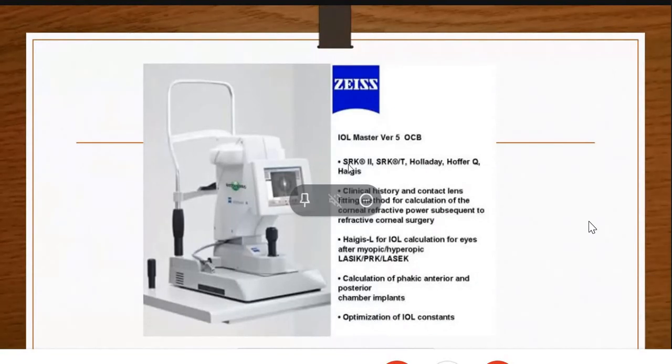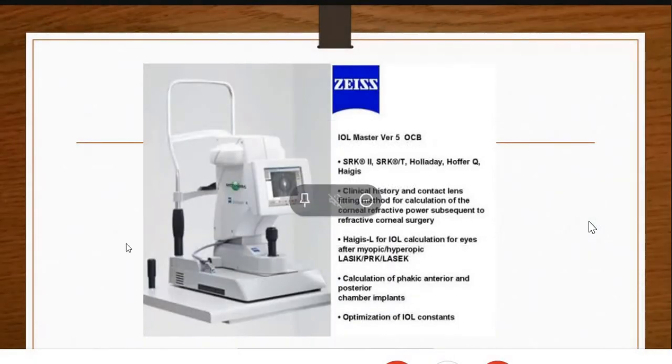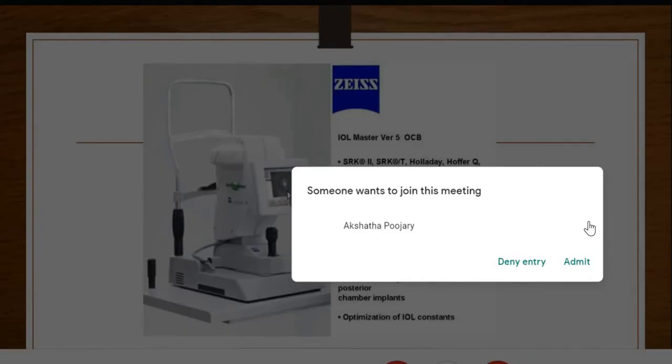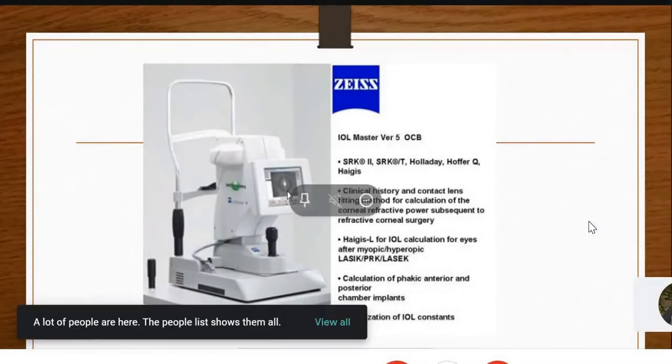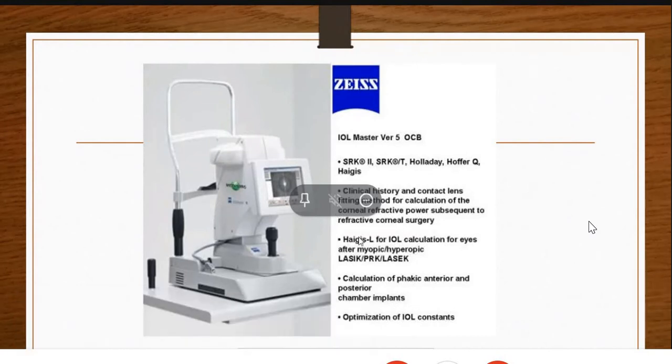power. Here you can see for a post-LASIK or post-refractive surgery patient, you will have different modes. You can select the mode as a post-refractive correction patient or a post-PK patient. After that the machine itself will give us exact values for the implantation. Mostly they use the Haigis formula for patients who underwent LASIK or PK prior to the cataract surgery.